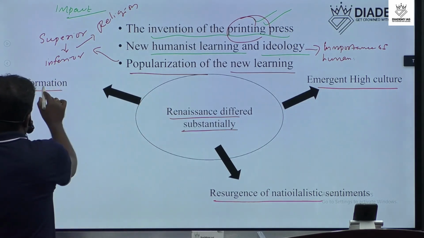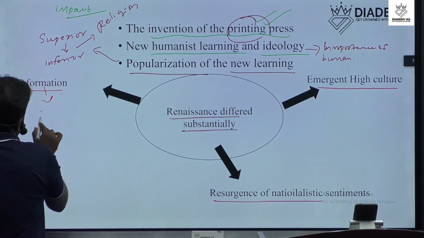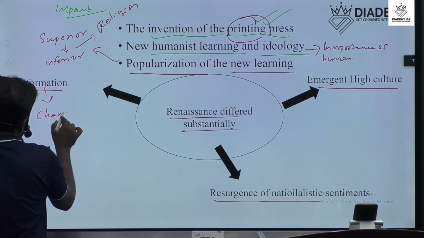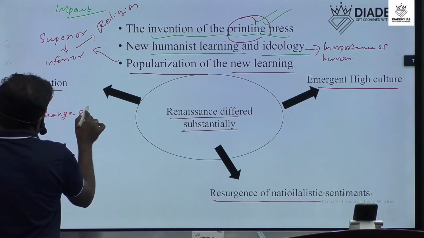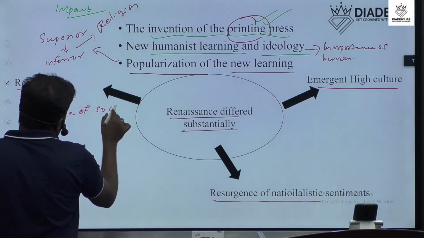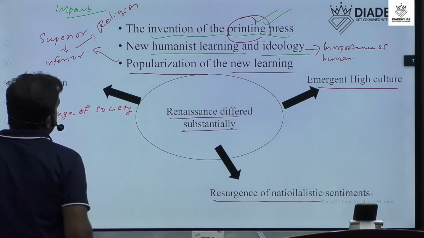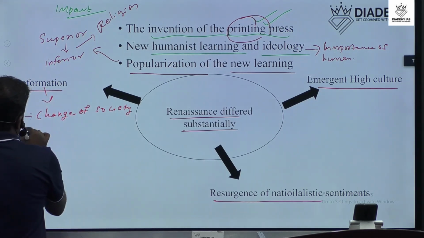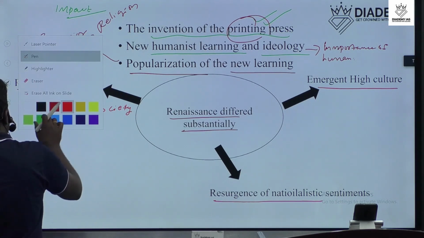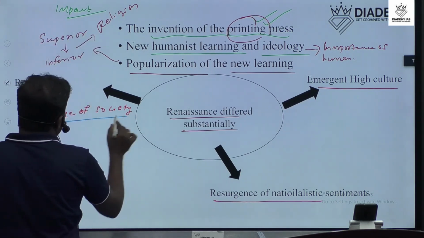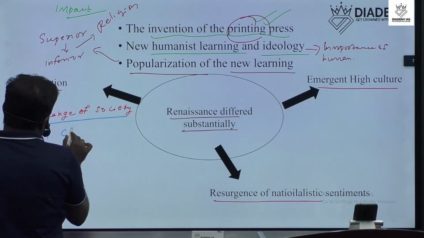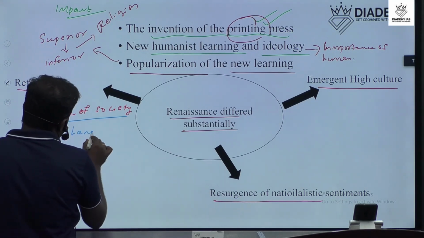What is reformation? Reformation means change of society. Then how did the change of society happen? Mainly change in the social system,